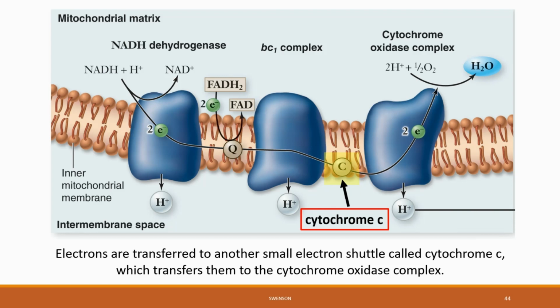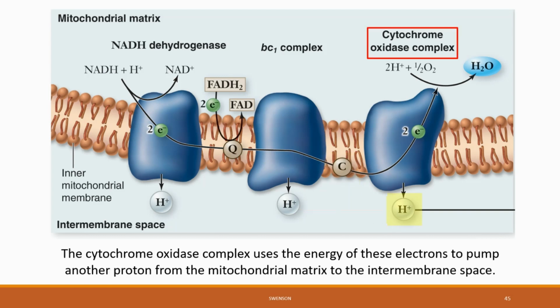Electrons are transferred to another small electron shuttle called cytochrome C, which transfers them to the cytochrome oxidase complex. Cytochrome oxidase complex uses the energy of these electrons to pump another proton from the mitochondrial matrix to the intermembrane space,